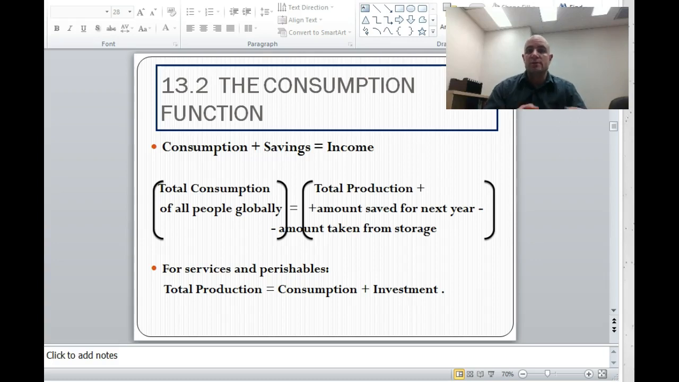The total consumption of all the money people spend each year is going to be their total production plus anything that's saved minus anything that's taken from savings. And when it comes to what gets produced, production is going to be whatever is consumed plus anything that's invested. Within the consumption function,